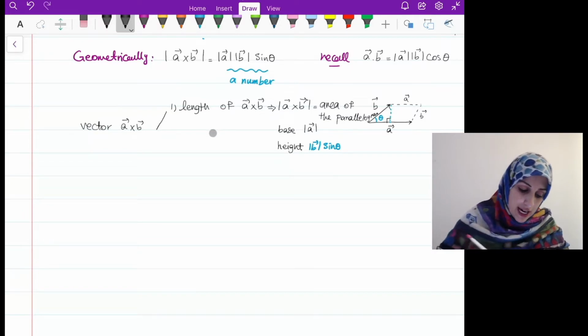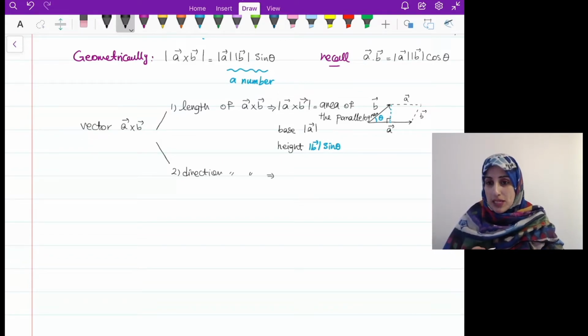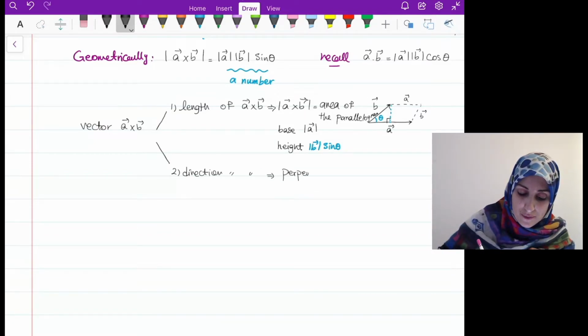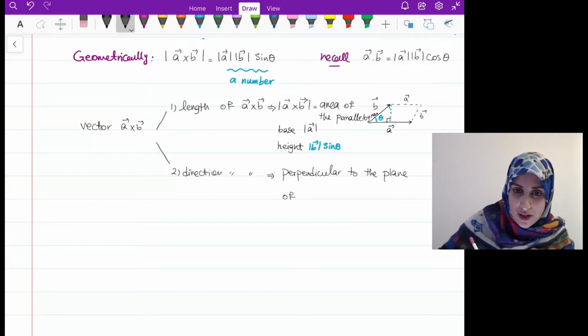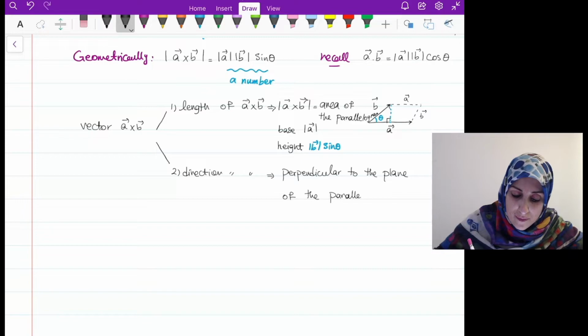Okay, very good. How about its direction? So the direction of a cross b is what? a cross b is a vector, so the direction of that is important, and the direction is perpendicular to the plane of the parallelogram of A and B, with direction